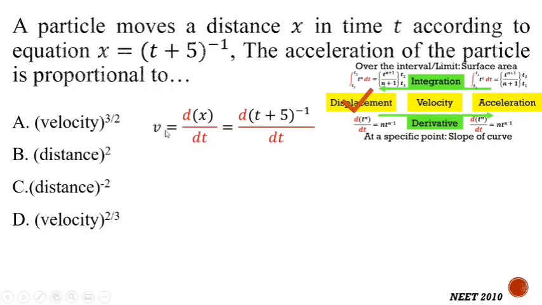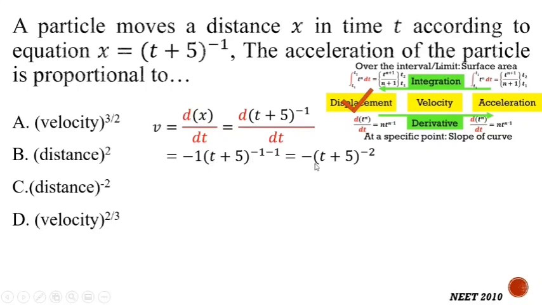To find out velocity, we need to take the derivative of this, and to find the equation for acceleration, we will take the derivative two times, because if the displacement is given, we need to take the derivative two times. So the first derivative is this. In this we will again multiply the power and reduce the power. So multiplying the power is minus 1 into bracket t plus 5, and again reduce the power. Again we need to take the derivative for the bracketed term, because there is t, and the derivative of the bracketed term will be 1.